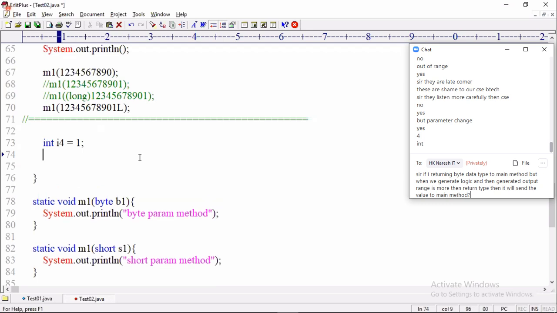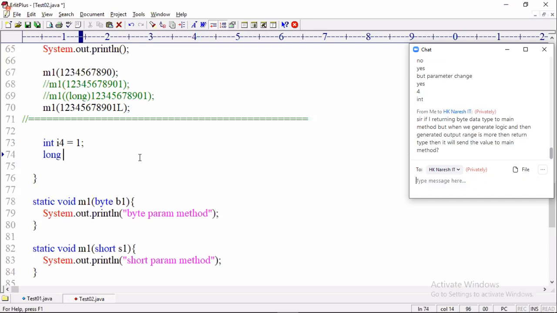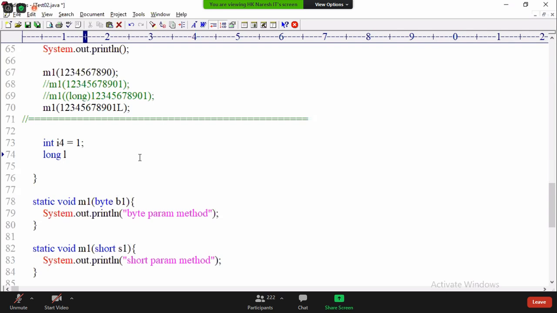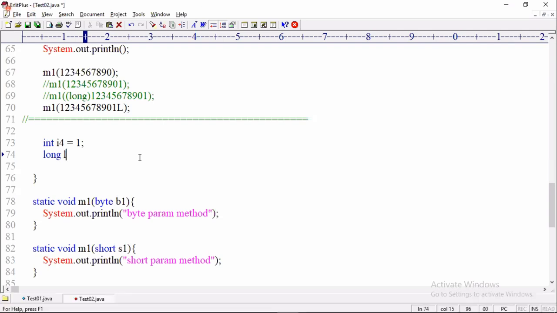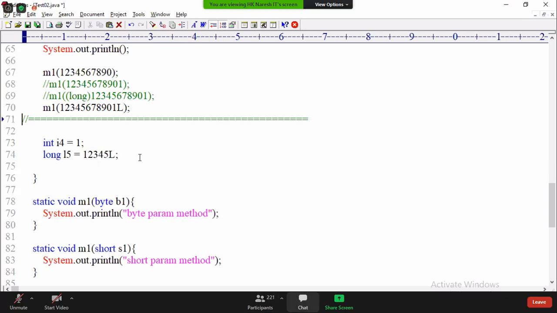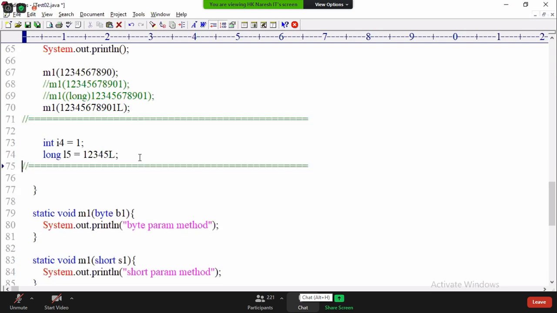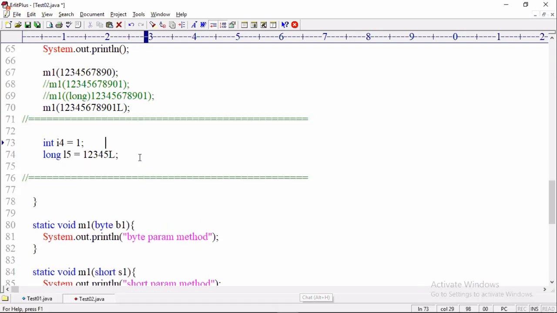If you want to store large numbers like mobile numbers, PAN card numbers, Aadhaar numbers, bank account numbers, then we will use the long data type, with the number suffixed with L. Did you catch my point? Suffix with what? L. So this is a very important point.